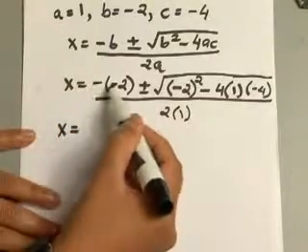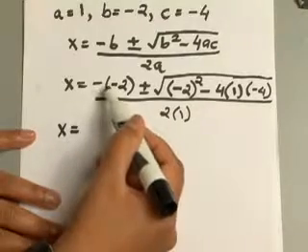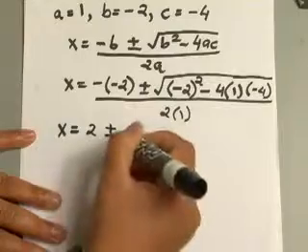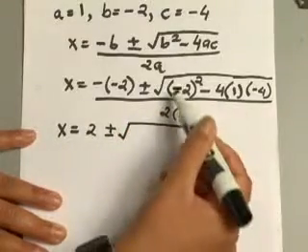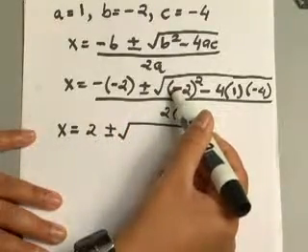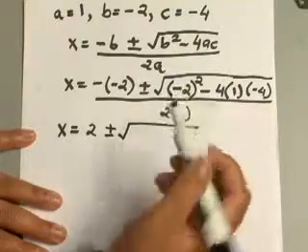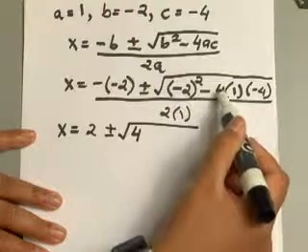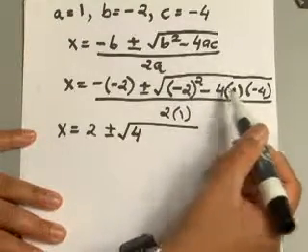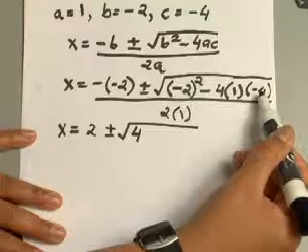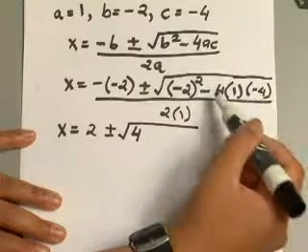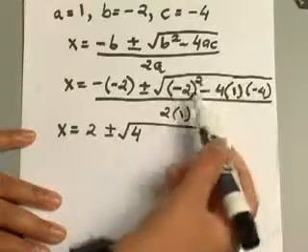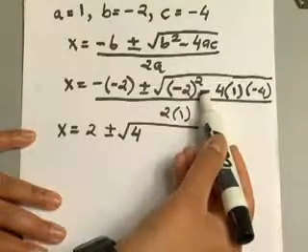Now you have negative times -2, so negative and negative become positive, and you end up with a +2, plus or minus. Inside the radical you have -2 squared, so -2 times -2 will give you a +4, and then you have 4 times 1, which is 4, and multiply that into -4, which will give you -16. Okay, so 4 times 1 times -4 gives you -16, and then you have this minus sign here, so negative